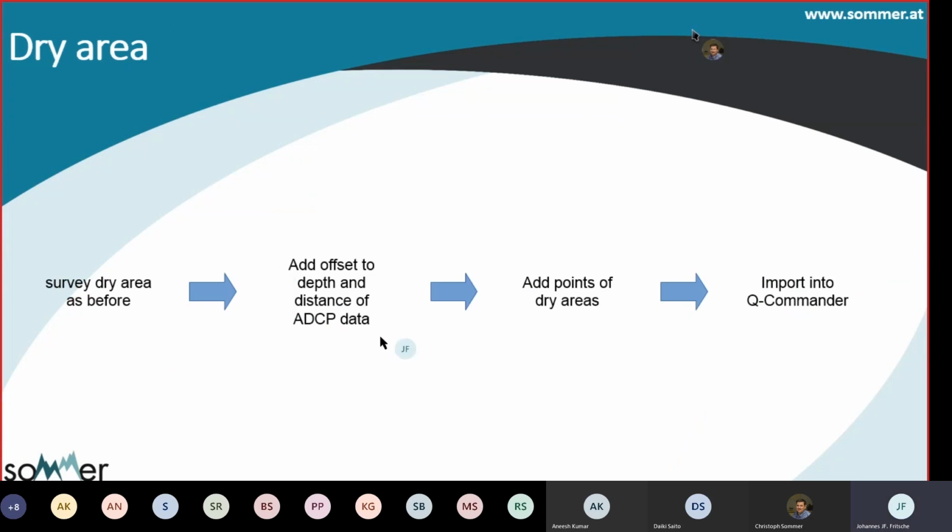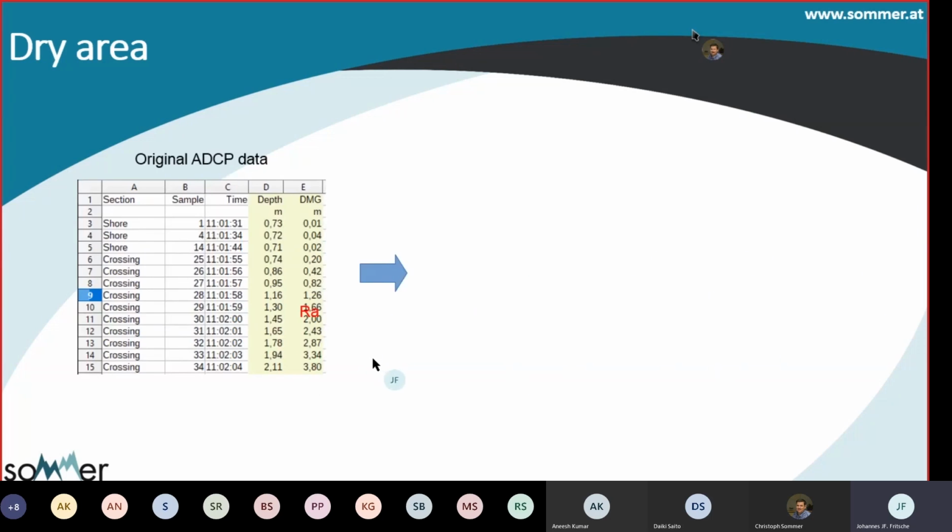So then you add an offset to the depth and distance of the ADCP data. Then you add the points of the dry areas, and finally you can import this information in the Commander. And the procedure is very handy with the ADCP data because you can get this information as a CSV file